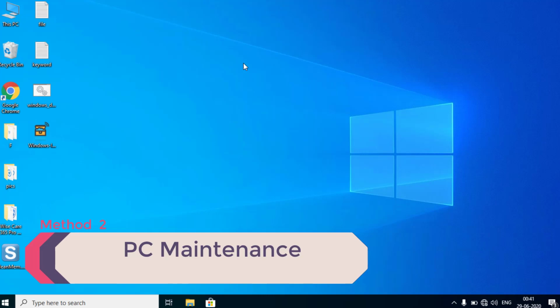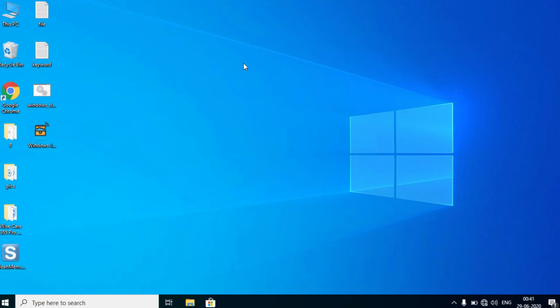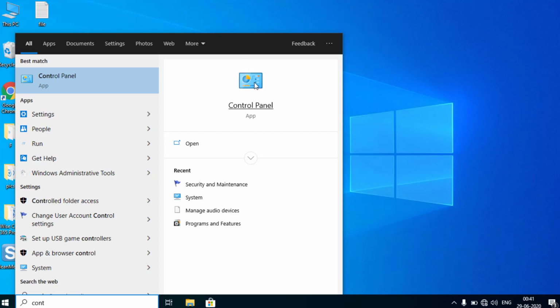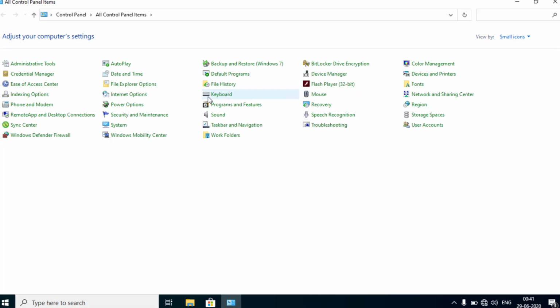In step number two, we are going to do the maintenance of your PC. For that, open your Control Panel. In Control Panel, click on Security and Maintenance.